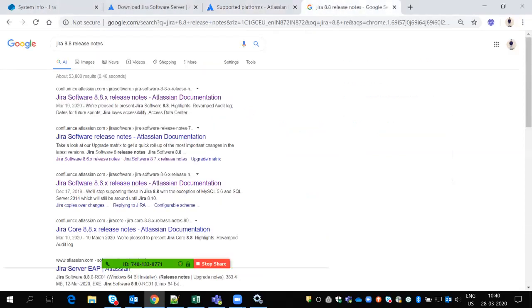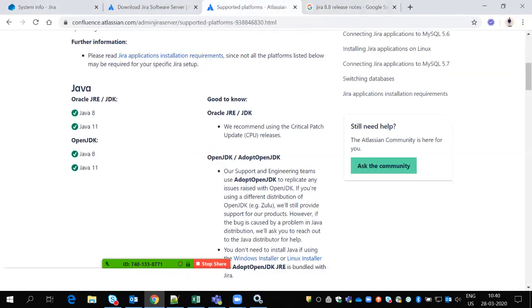See, in this case, suppose I'm using PostgreSQL in 8.7, but 8.8 will not support PostgreSQL. In this case, you have to upgrade the database as well. At that time you have to upgrade and migrate. We are already discussing database migration from H2 to PostgreSQL. So in this case, we need to migrate from PostgreSQL to suppose MySQL or something.